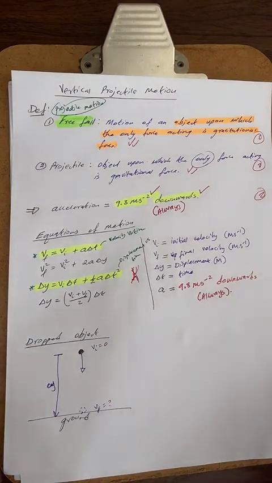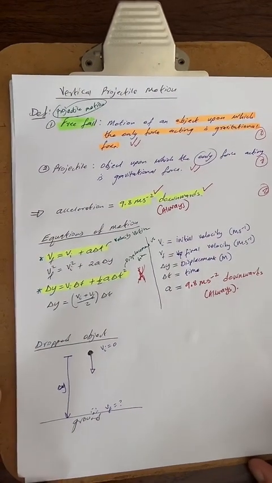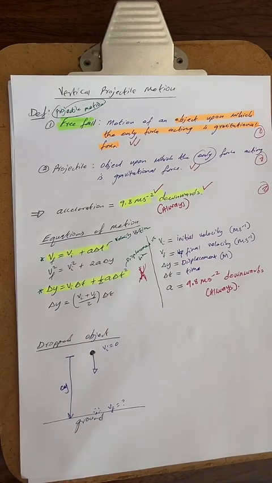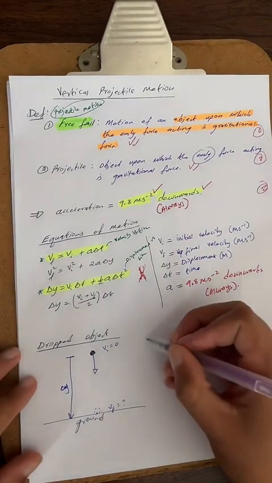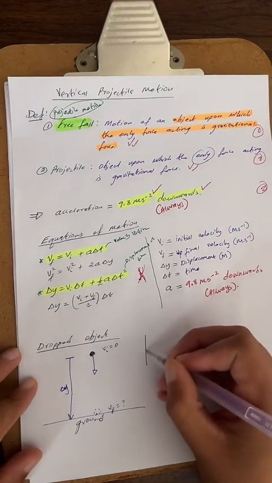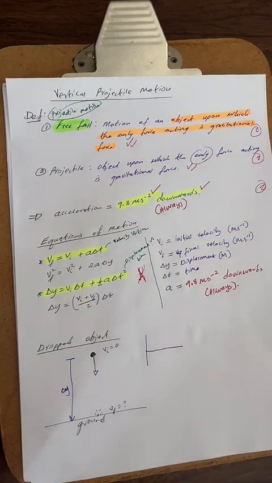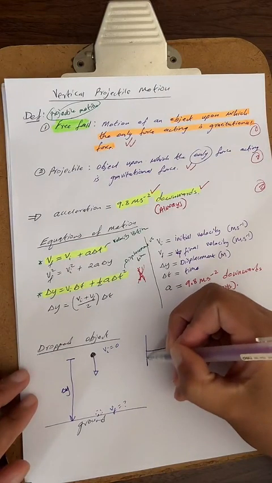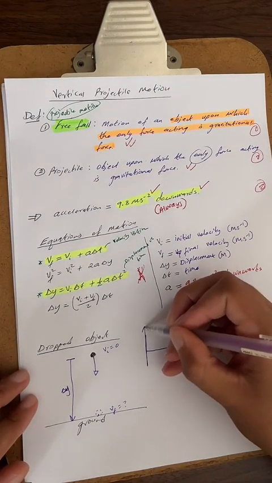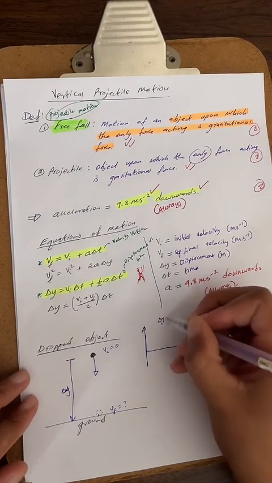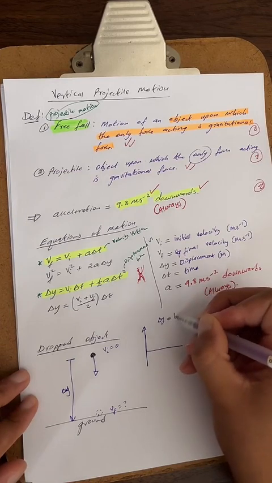So the graph, you are expected to draw three graphs. Firstly, the displacement time graph, the velocity time graph. But the displacement time graph for this one, what is important is the shape, because you get 1 mark for the shape of the graph, and you cannot lose marks on the shape of the graph. So this displacement, so delta y versus time,